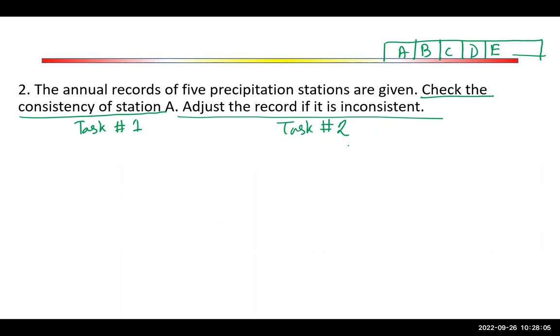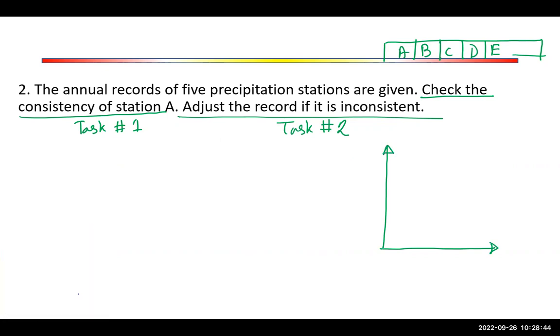Kind of, yeah, you will know that if there is an inconsistency. And I'm telling you, there is a 90% possibility that you will have some inconsistency. There is only a 10% possibility that when I prepare the question, either I'm in a very bad mood or good mood, I don't know, I may just say, okay, I will not give any inconsistency, I will give a perfect set of data. But you can expect most of the time there will be inconsistency if I ask you this question, okay? So once we have that, the task is, what is the best way to check if there is an inconsistency or not?